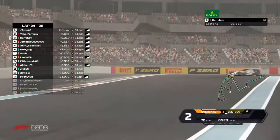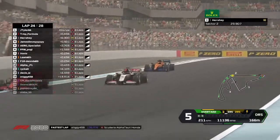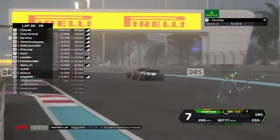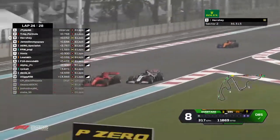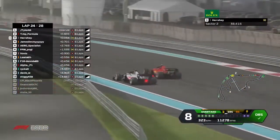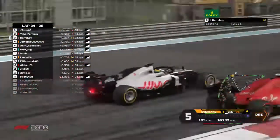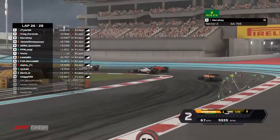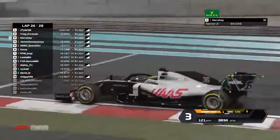It seems to be yellow by looking at it, but I guess you will be able to know this. But Heresy, if they do win this Grand Prix, Stiggy gets a 36.3 as the fastest lap of the Grand Prix. Trap Formula is defending, going down to chicane. Heresy using all their ERS now, going into break zone. Trap Formula is going to stay ahead, but Heresy is going to get the DRS again and go for another